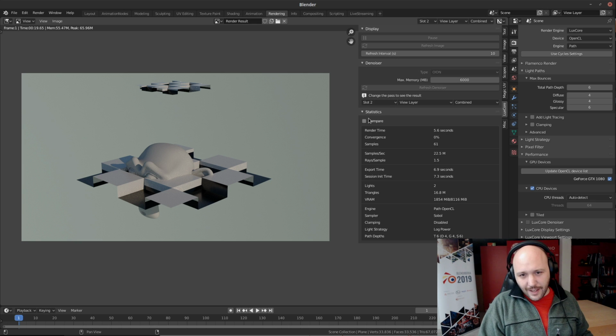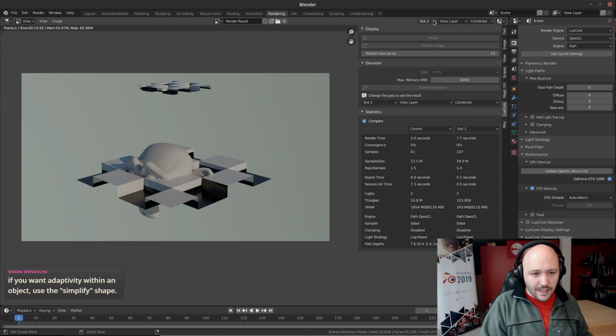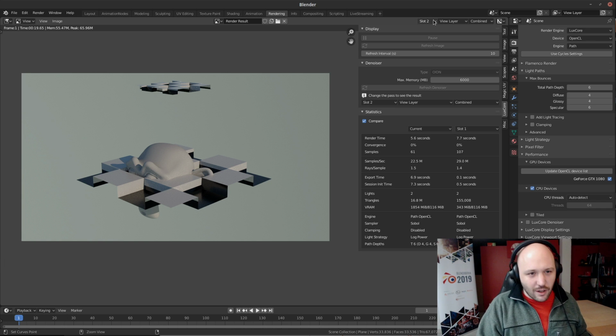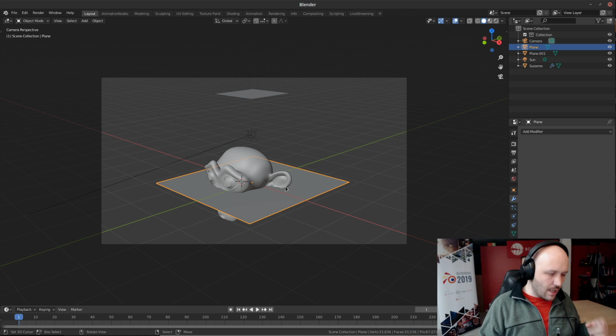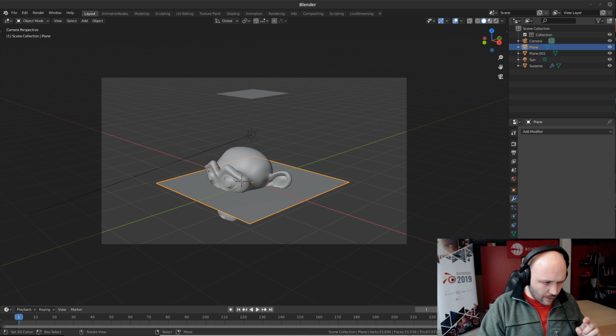So let's compare both slots. 345 megabytes for this and 1.8 gigabytes for this. There is a difference, but in a real world situation, this difference won't allow you to use 1.8 gigabytes of memory for this. Okay, so the adaptive displacement in LuxCore works very well, and it's very good. Just keep in mind that it has the same problem as